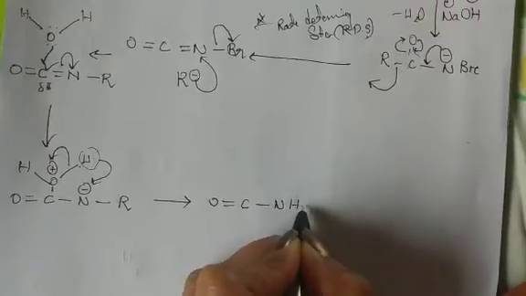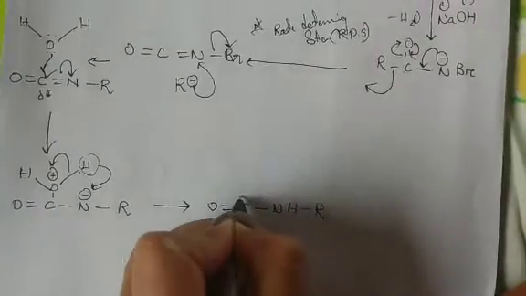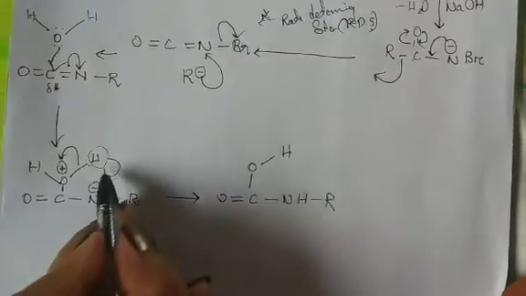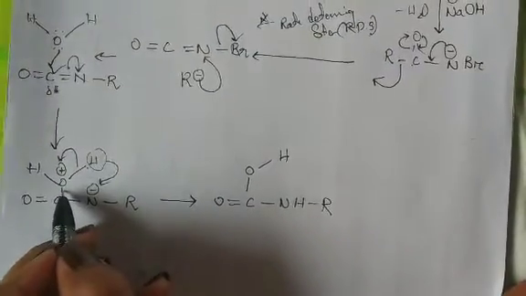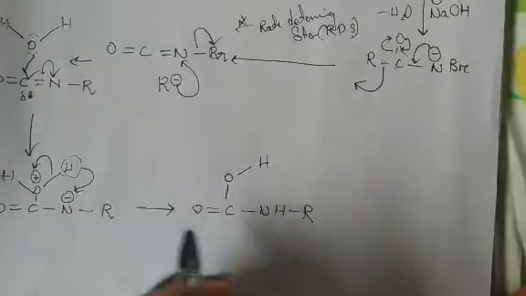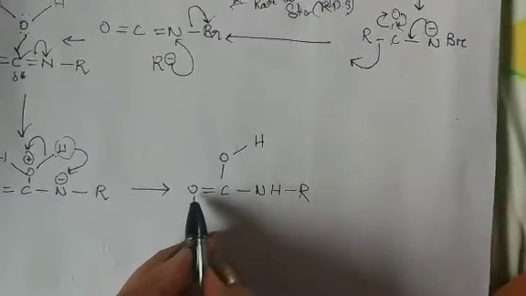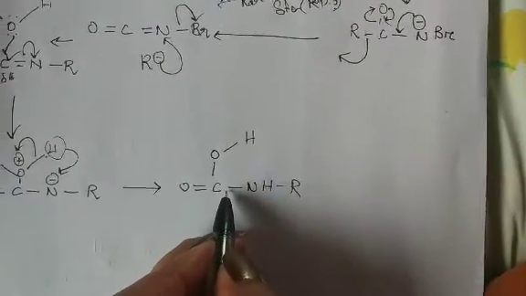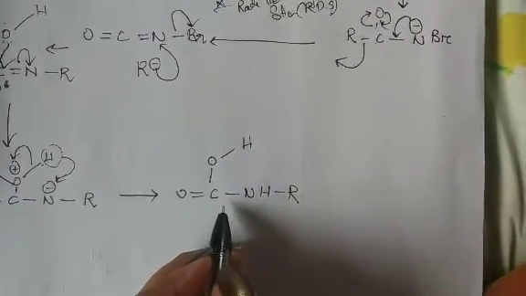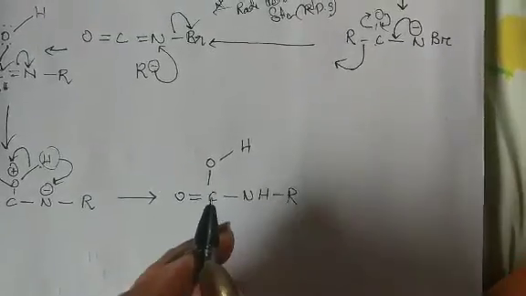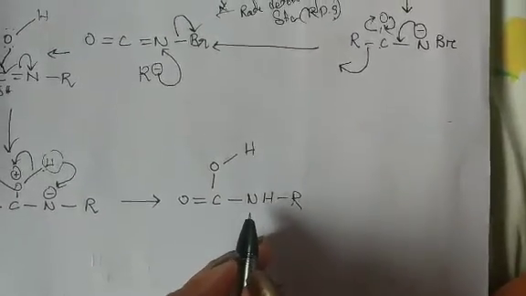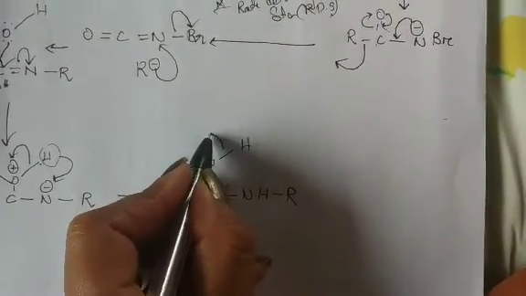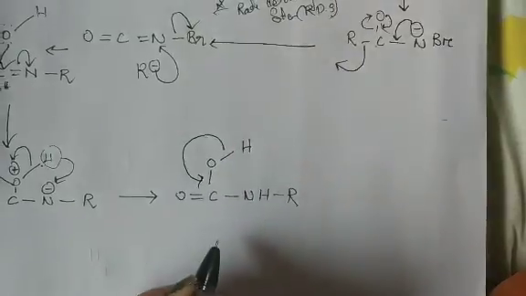We have NH and R, and one hydrogen has left as a proton, therefore we would be remaining with only O and OH. Now we have to remove a carbon dioxide molecule, and this removal of the carbon dioxide molecule is thermodynamically stabilized by entropy. Therefore now this OH minus comes and adds up to this